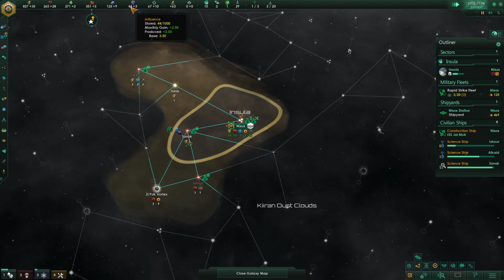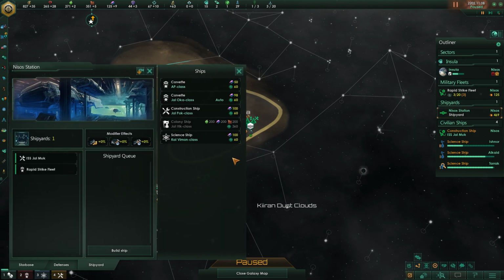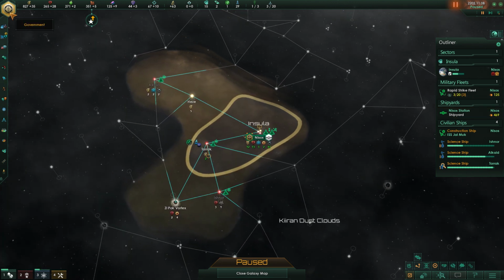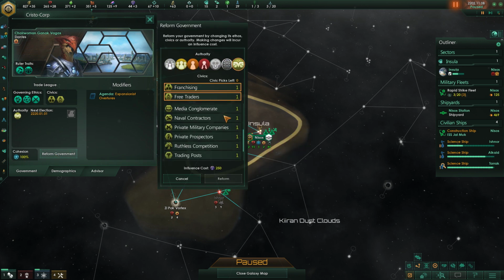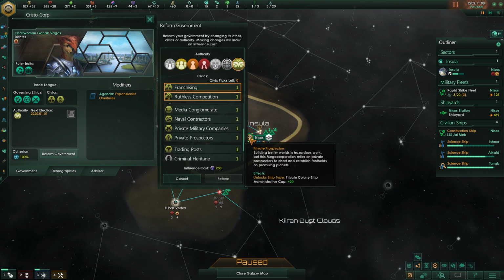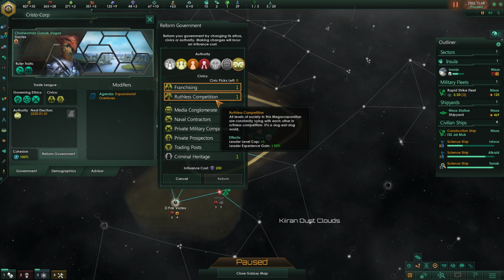Well, we do not have the minerals to do that right now. So we need more alloys. We could increase alloy production, of course, that is always an option. Right, we can reform the government right away. I forgot you could do that right away. I mean, you need to save up the influence, of course, but...